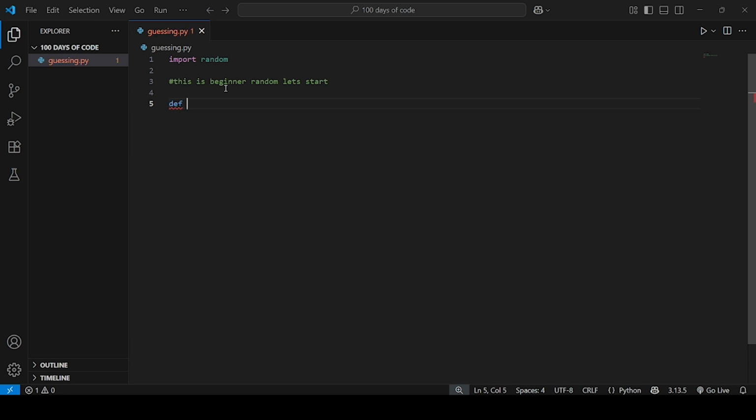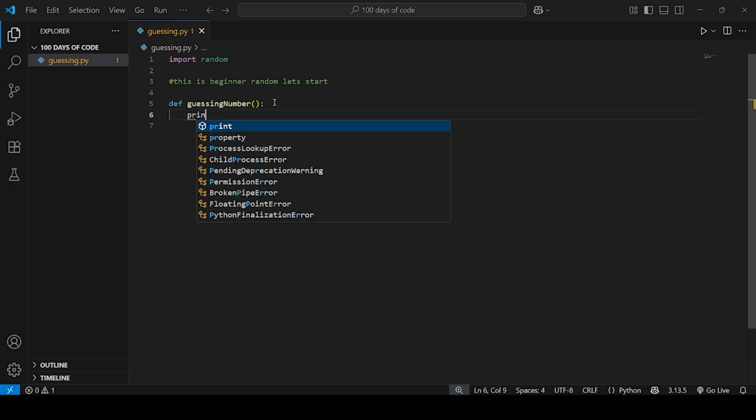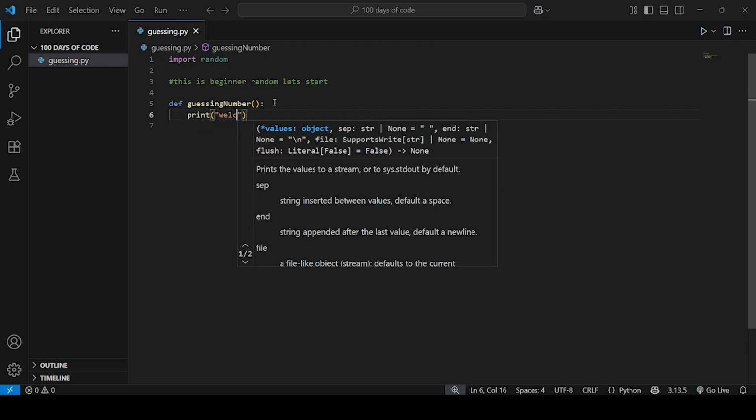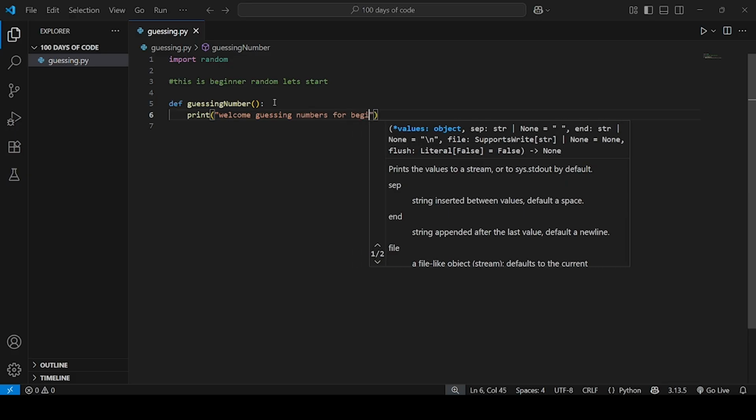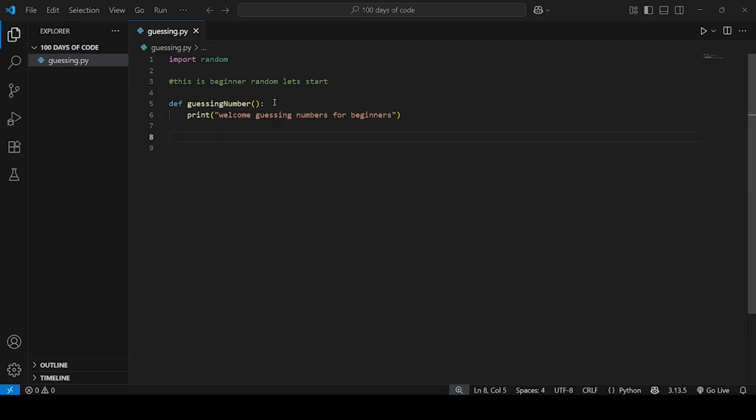Next, we define a function called guessing. A function is just a block of code we can reuse. Inside, the game logic will run. We also print a welcome message, print, welcome guessing numbers for beginners, so when the game starts, the player knows